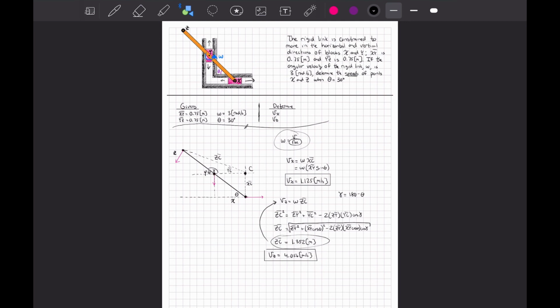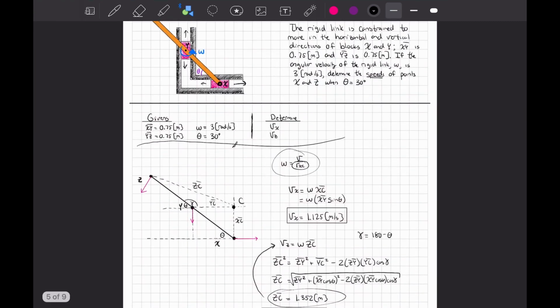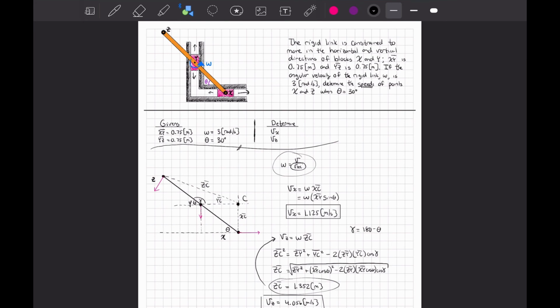So to summarize, we use the instantaneous center of zero velocity, and the idea of using that is that we are uniquely choosing a reference point that momentarily has zero velocity. And that can greatly simplify our plane motion velocity equations whenever we are dealing with some kind of rotating rigid body. And so I hope this was helpful. I hope this was a good problem that demonstrated the use of this instantaneous center of zero velocity tool, and